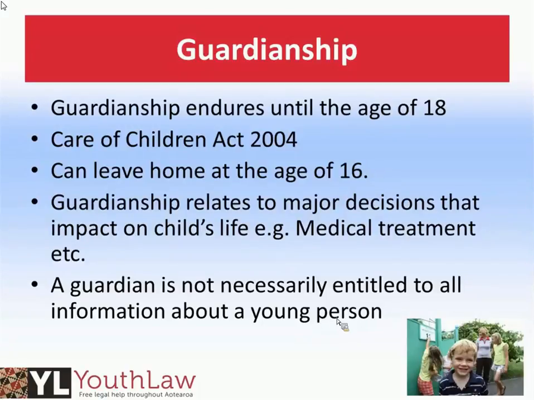But once children in care reach the age of 17, they are essentially deemed adults and sent out into the world. A lot of the stuff in the media is talking about the fact that many young people aren't well equipped for that transition once they leave care at 17, particularly when you usually have to be 18 to sign a tenancy agreement and do lots of things like that, which can make it quite difficult.